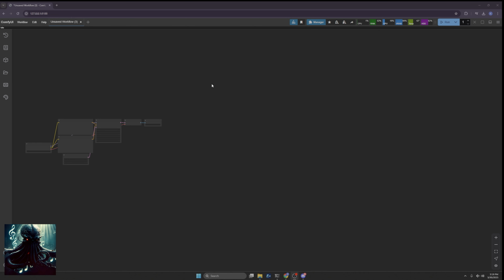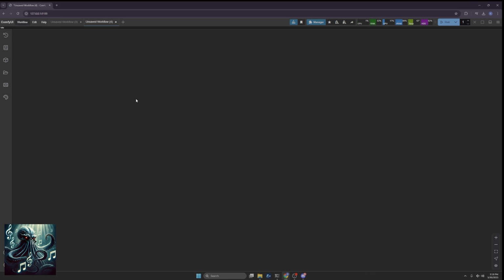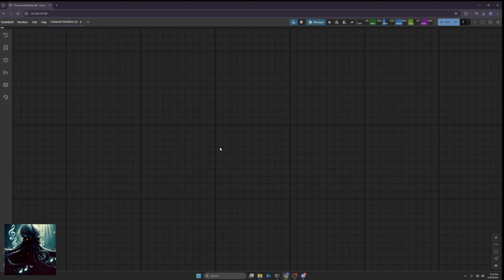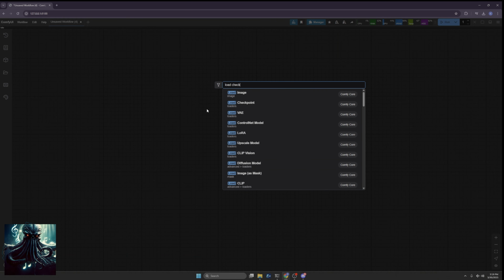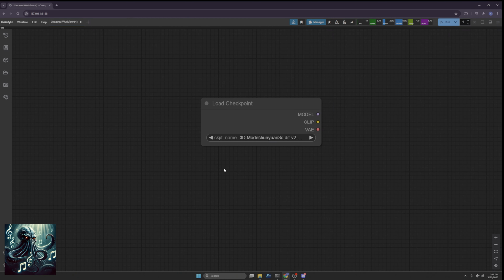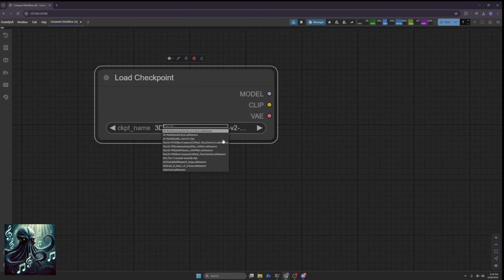workflow. I'm sharing that workflow with you, but I'm going to show you how to put it all together. So we're going to go here to workflow. We're going to hit new, and I'm going to delete the one that popped up. So I'm going to zoom in so we can see the graph right here. Double click. Load checkpoint. I'm going to be using the all-in-one checkpoint